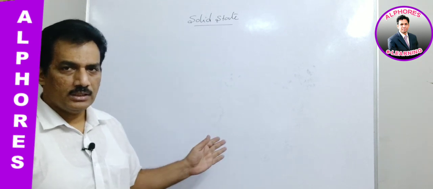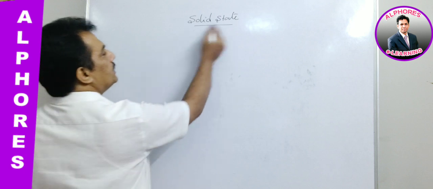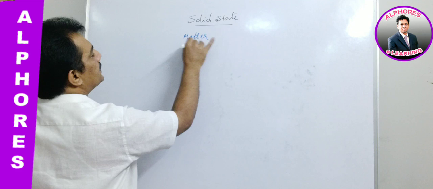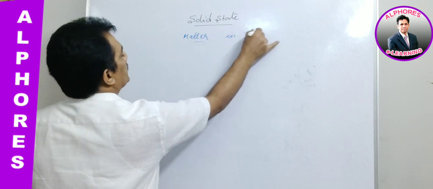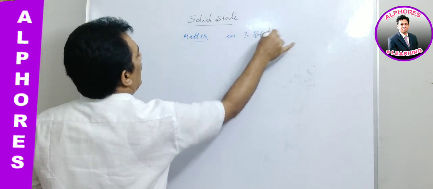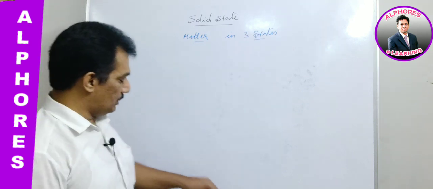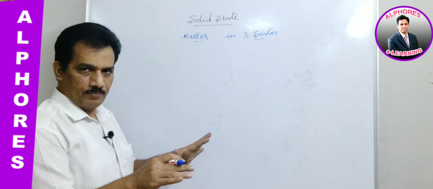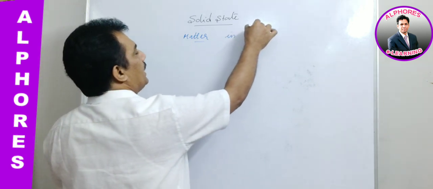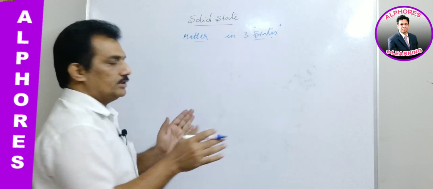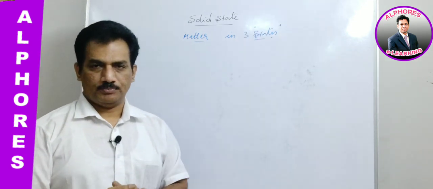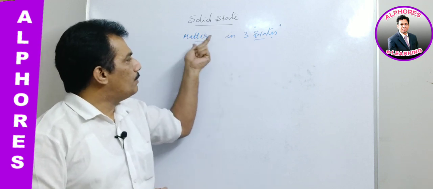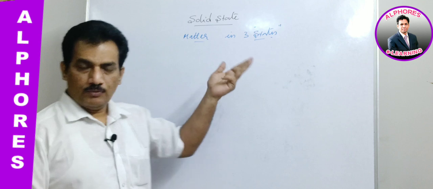Okay, let us start the lesson. Here, solid state. Actually, matter exists in 3 states. Even though there is a 4th state, plasma state, we need not go for that one. Here we are considering the regular states. And you remember, state is defined by external factors like pressure and temperature, is it not? So the matter exists in 3 types of states.